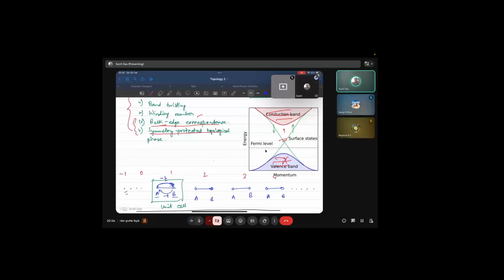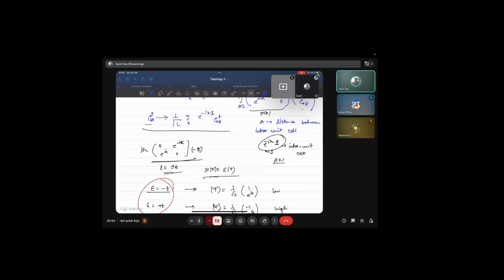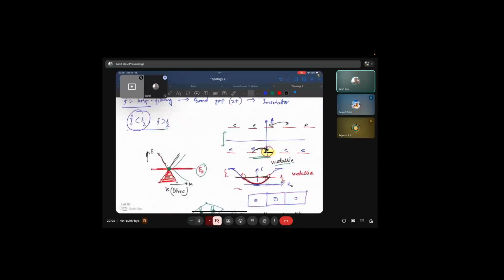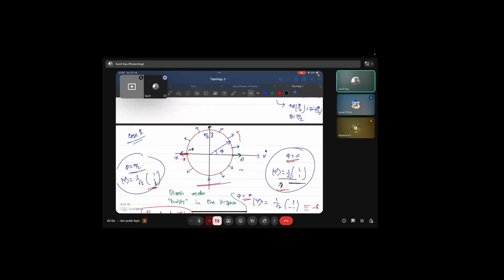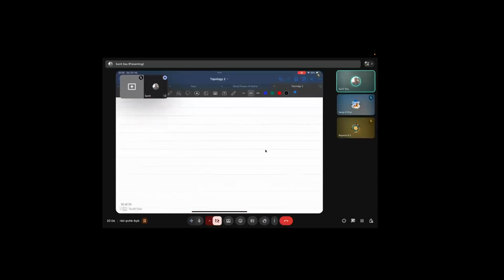You will see it in terms of transport measurement actually. Okay, any other questions? So the next question that I planned to address, but don't have time for, is this: we took two extreme cases. One is where intra-unit cell hopping is allowed, and another is where inter-unit cell hopping is allowed. So the next question is